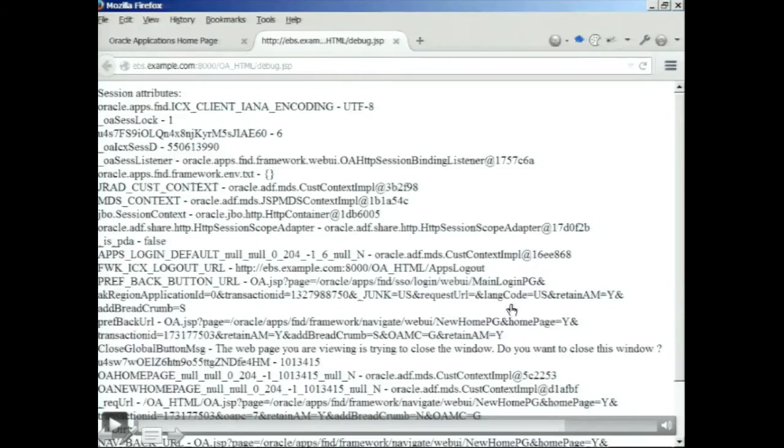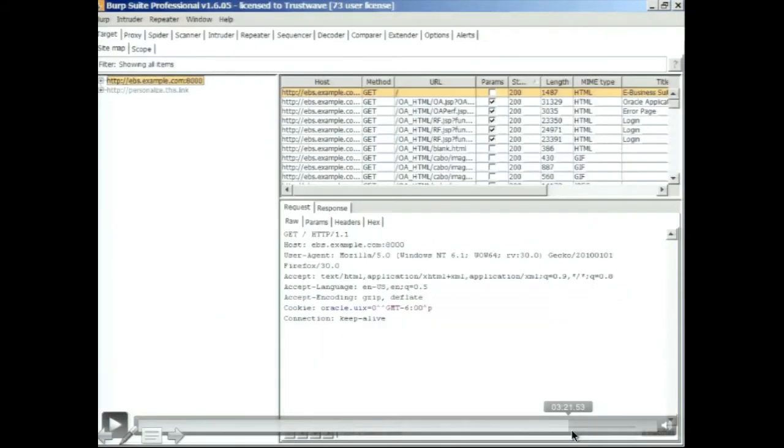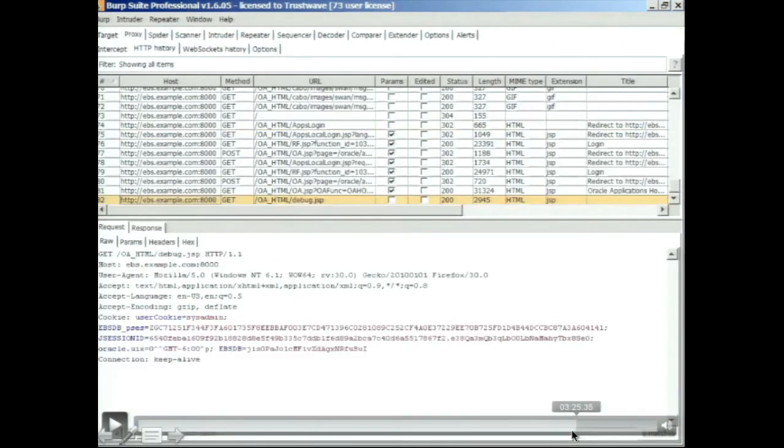Okay. So these are all the different session variables accessible to a user. It's not uncommon at all to see sensitive data in here, for example, a user's password or perhaps